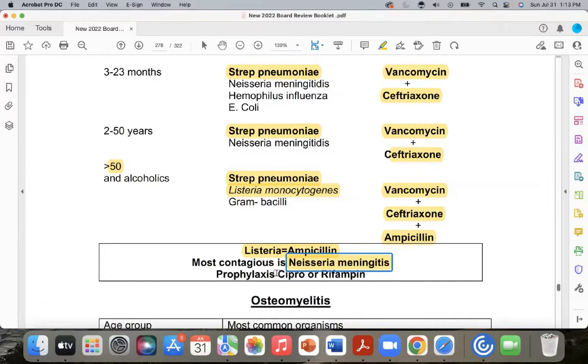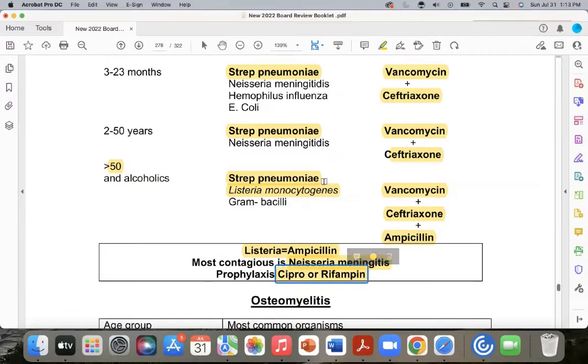And then prophylactically, so let's just say you're the PA, did the spinal tap, right? Homeless guy, something, he's got Neisseria. So what happens? Well, the nurse, the epidemiologist calls you the next day, don't they? They say, hey, Joe, remember that guy in bed 2? Yeah. Well, he's positive for Neisseria. You're like, all right. And so what does she want you to be on? Either Cipro or Rifampin. So they put one or the other. They cannot put them both on the same page. Got it? All right, so that makes sense.